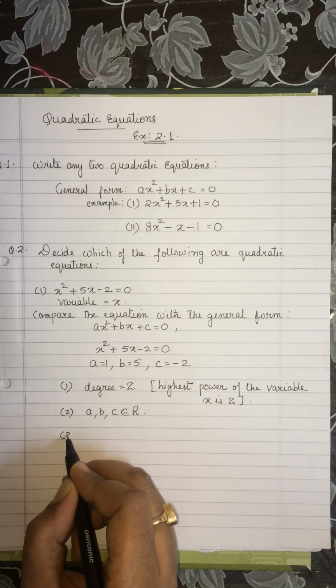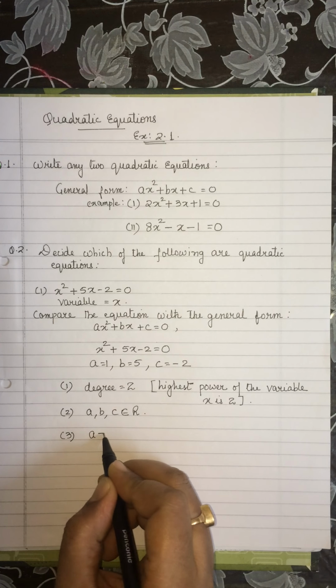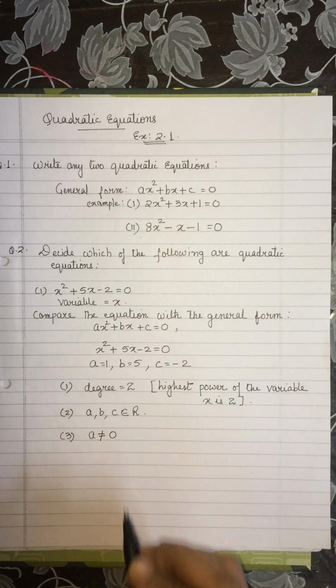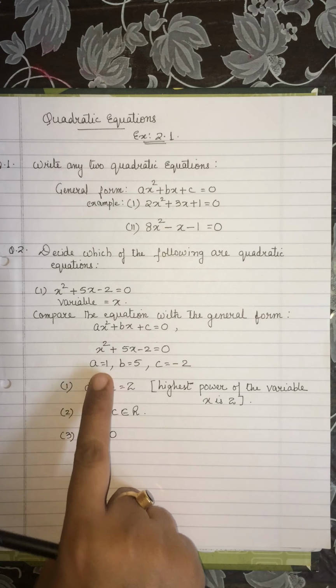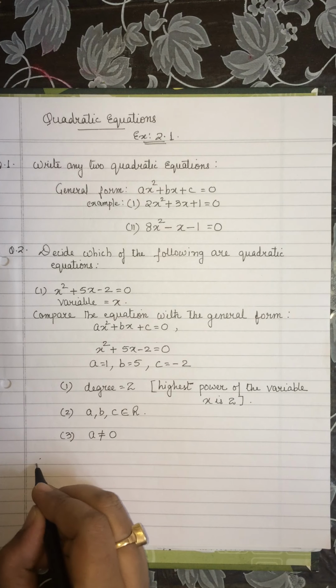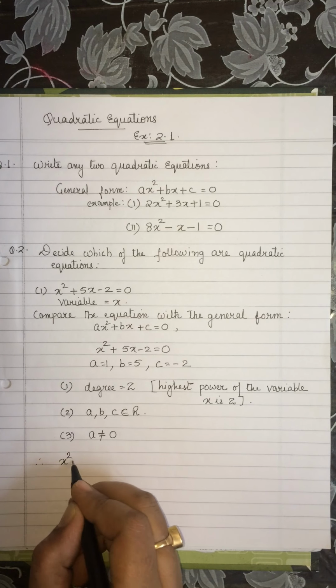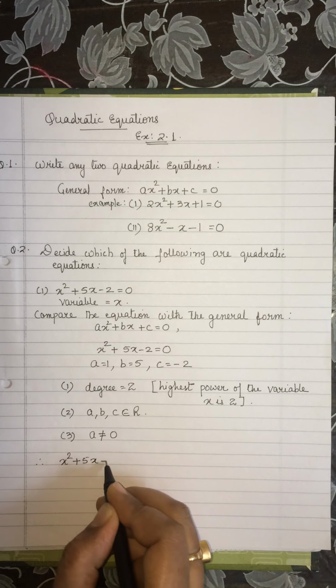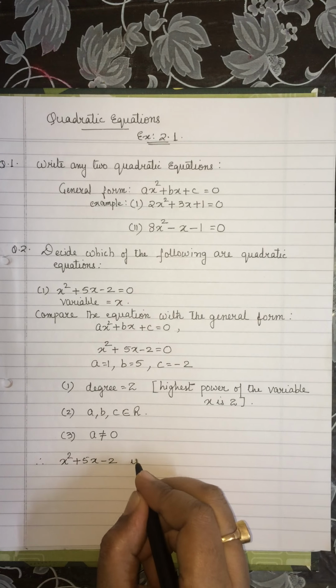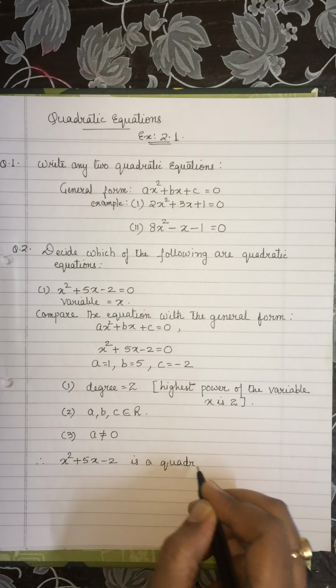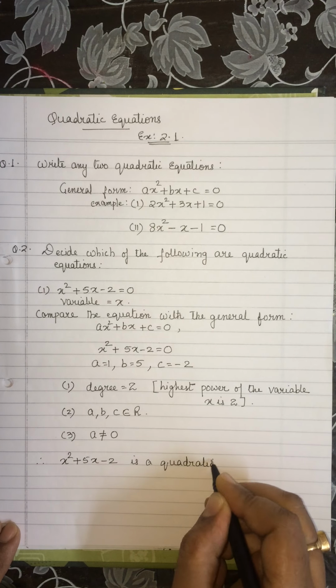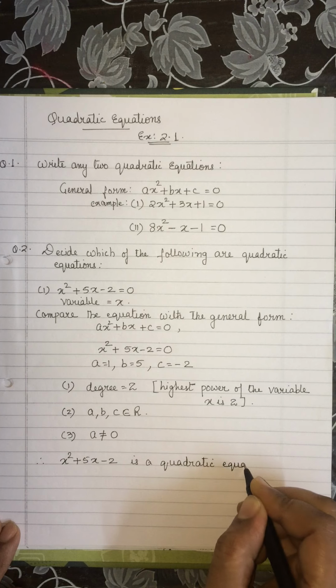So even this condition is satisfied, and a must not be equal to 0. Very important, a must not be equal to 0. Here a is equal to 1. Therefore we can say that x square plus 5x minus 2 is a quadratic equation